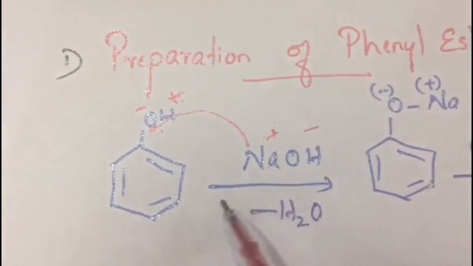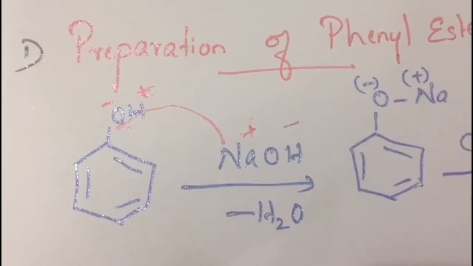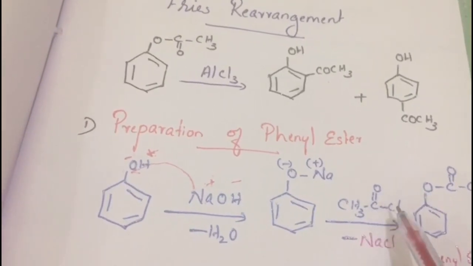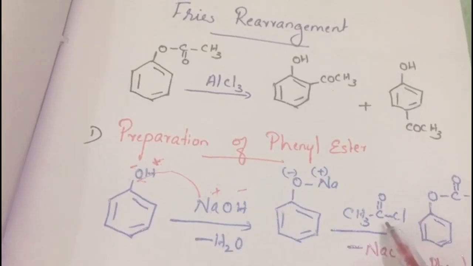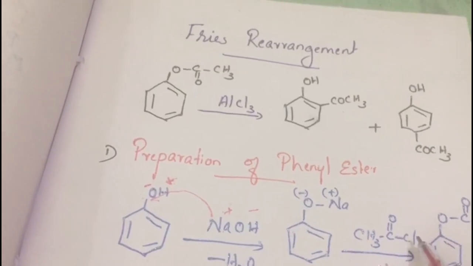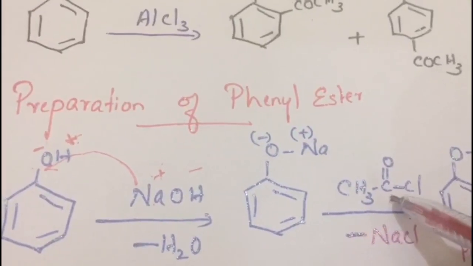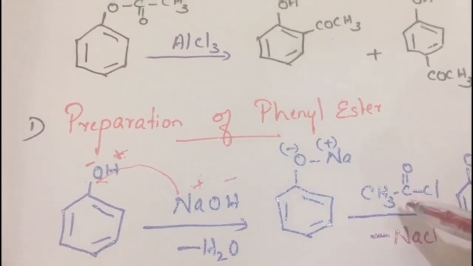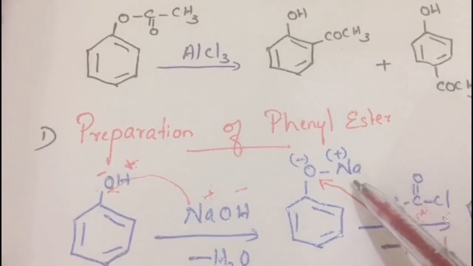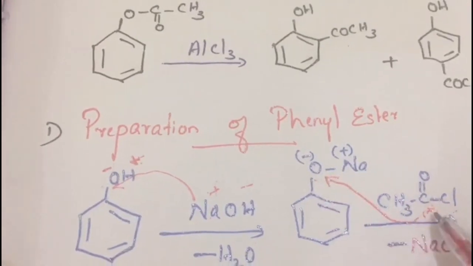So the first step is phenol on reaction with sodium hydroxide, it will form sodium phenoxide and water. This sodium phenoxide is treated with acetyl chloride. Here we know oxygen and chlorine atoms are electronegative, so this carbon atom will have partial positive character and this Cl will leave as Cl minus. The C-Cl bond will be broken and the carbon atom acquires positive charge, and this COCH3 positive will be attached to this O minus. This Cl minus will take this Na plus and form NaCl. So this O minus will take this COCH3.